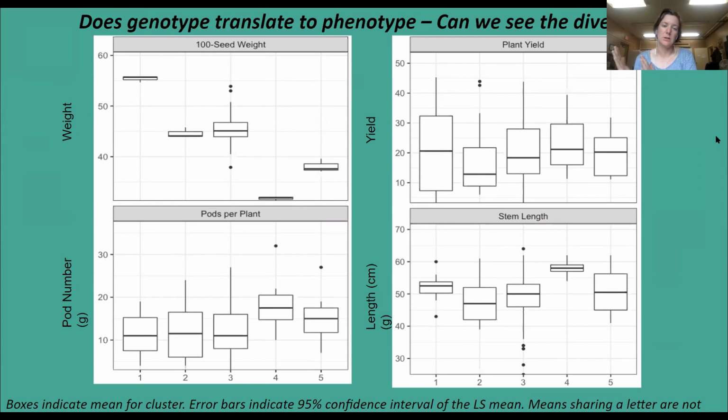You see 5 numbers along the x-axis on the bottom. And so we measured things like seed weight, number of pods per plant. We did some seed yield and stem length. And those are commonly measured traits to assess diversity. Basically what we found is some of those sources were quite distinct in the field as well for many of these traits, especially seed weight. So several sources had significantly higher seed weights, and really more drastically, one source had a much lower seed weight. And that same genetic group also had higher stem length. So it was a taller plant and more pods per plant. And so, if we go to the next slide,